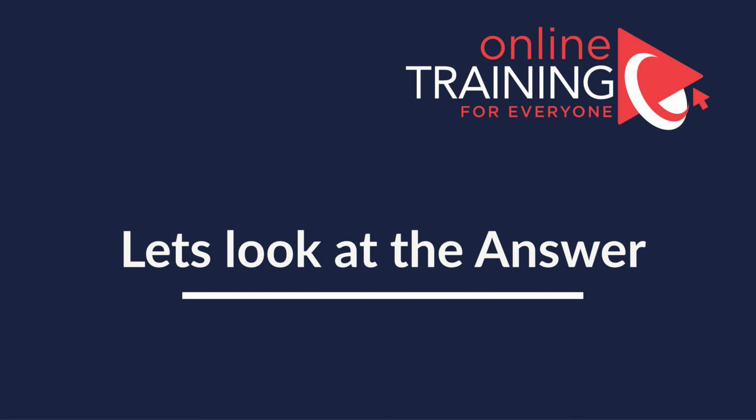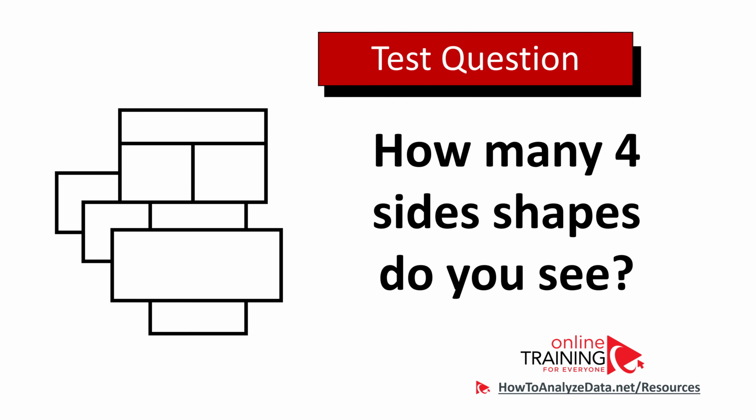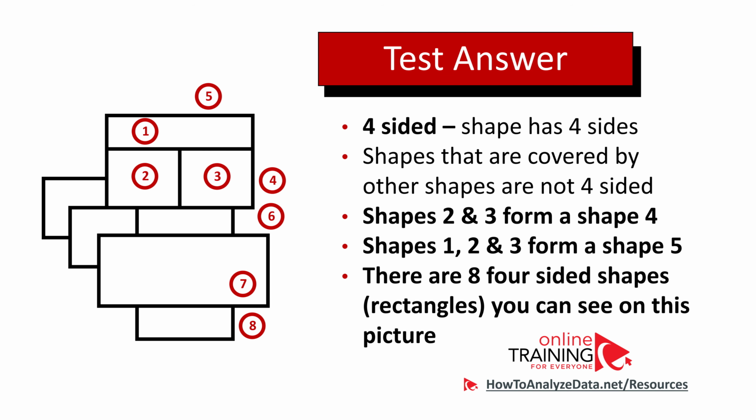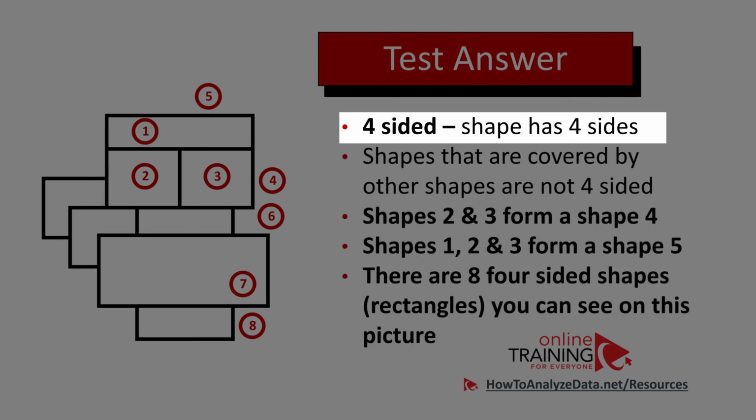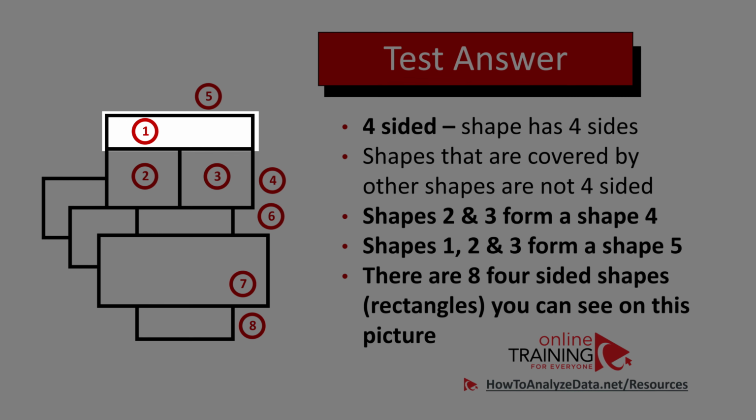Did you figure it out? Let's jump to the solution so we can solve this challenge and get to the correct solution together. So as I mentioned, first let's do a definition of the 4-sided shape. And the simple definition is that the shape has 4 sides. For example, a rectangle has 4 sides, and you see a rectangle 1 here which has 4 sides,